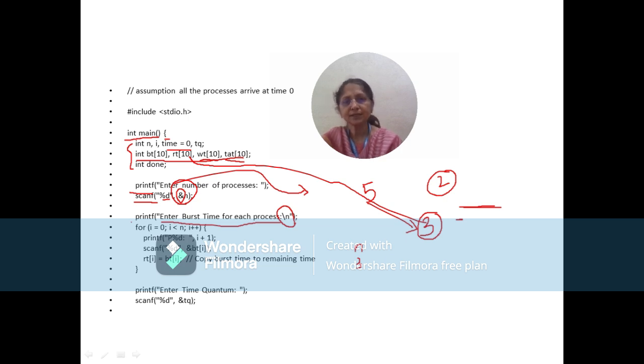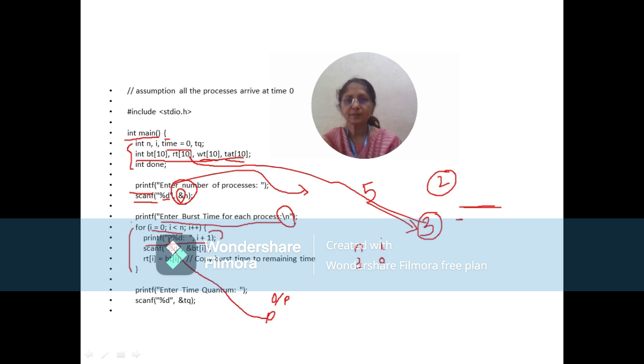Now after that, what is there in our program? There is a for loop, and this for loop will be executed n number of times, from 0 to n minus 1. Let's take the variable i. For the first time, the value of i is 0. It checks the condition: is i less than n, is 0 less than 3? Yes, the condition is true, so the control comes to the body of the loop, and in the body of the loop there is this printf statement. If I write the output here, this is our output. It will print P here.